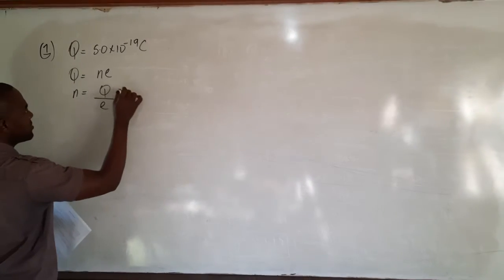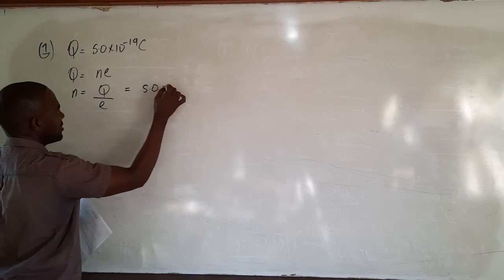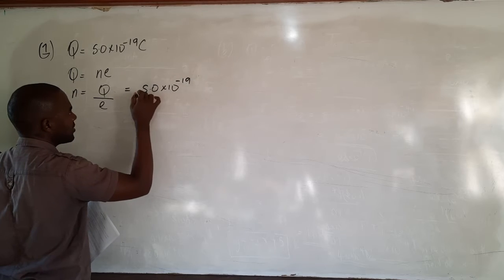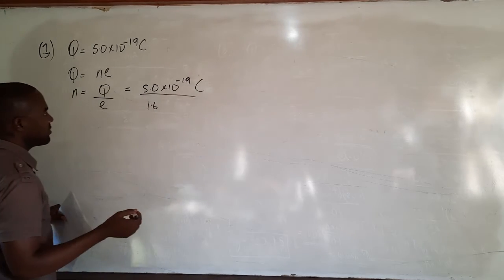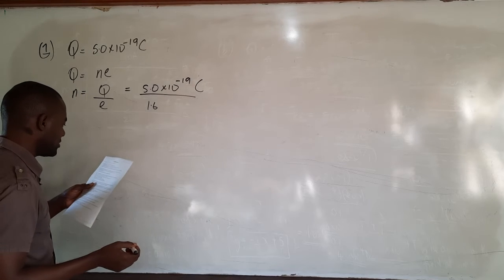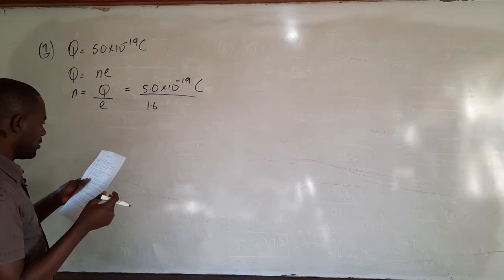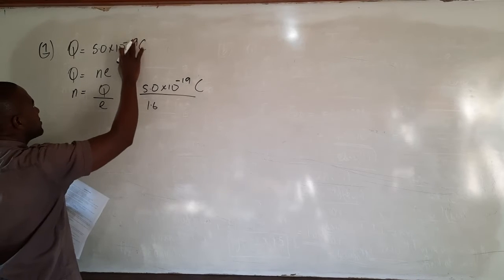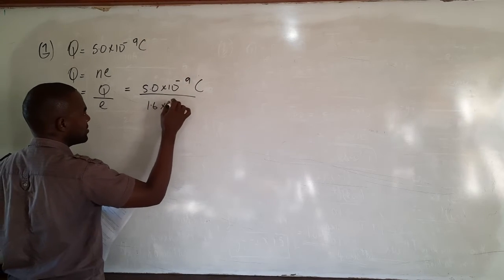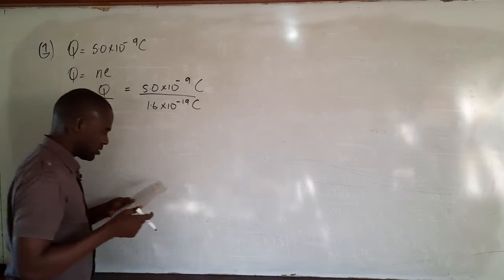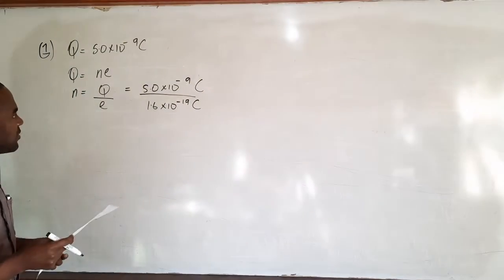This gives us 5.0 times 10 to the minus 9 coulombs divided by 1.6 times 10 to the minus 19 coulombs. And that should give us